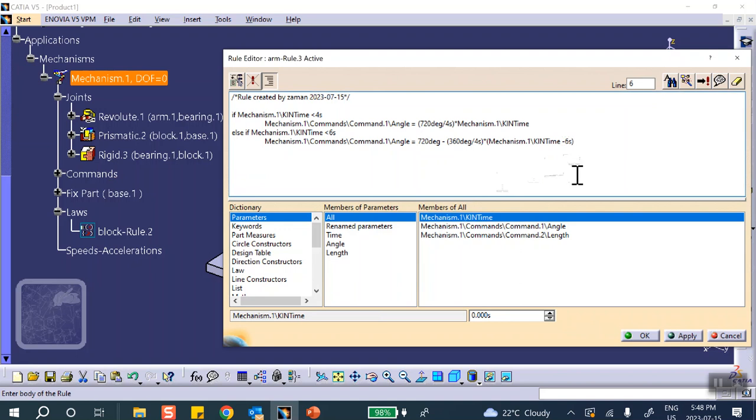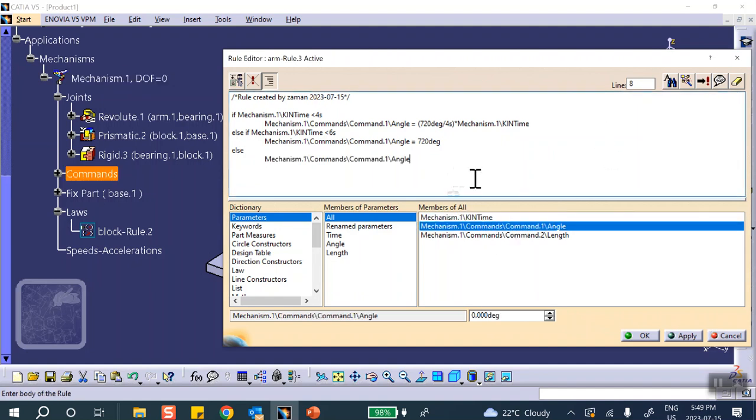And hopefully I did not forget anything. Yep. Oh, wait a minute. Wait, this, if the time less than 6, this actually sits there. That's not right. Okay. Enter. Else. Yeah. Now, this is not SL. Else. Get a syntax error otherwise. Angle equal to 720. Now I need the DEG minus, that's the thing that I typed a minute ago, I have to erase it. 360 DEG divided by 4S